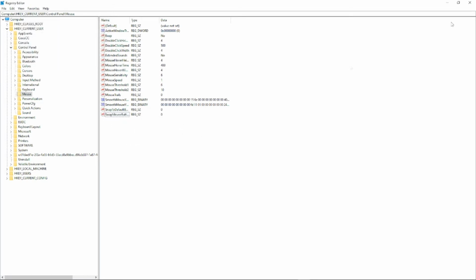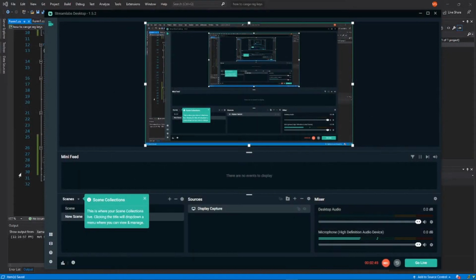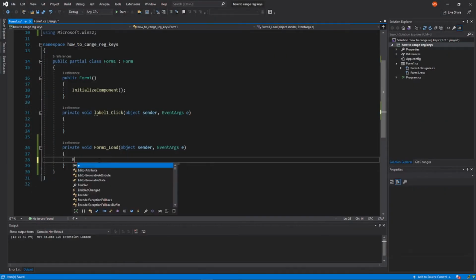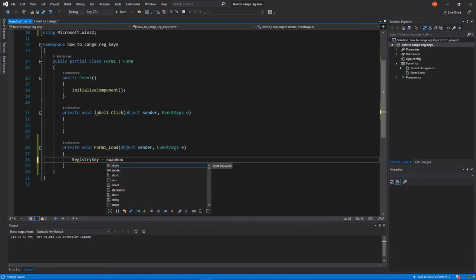But if you want to activate it, you will go here and do registry key equals swap mouse buttons. Yep, registry key equals swap mouse buttons. Dude, I haven't done coding in so long. Registry key swap mouse buttons equals Registry dot